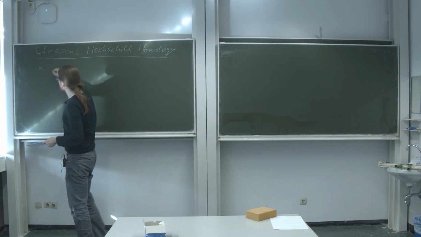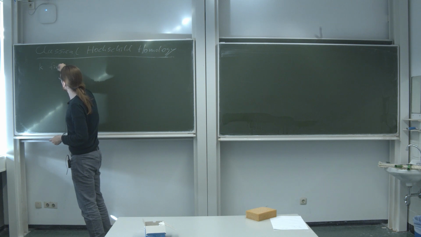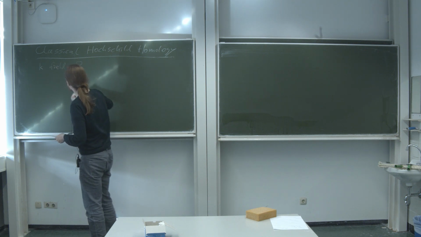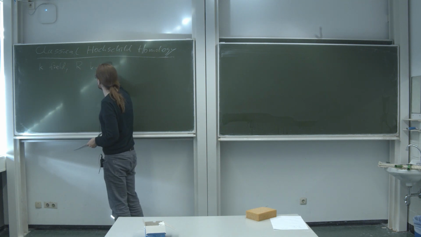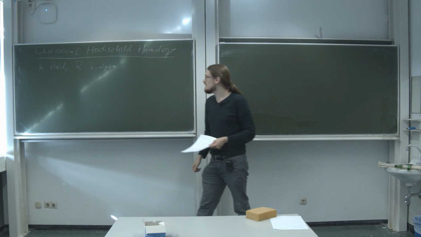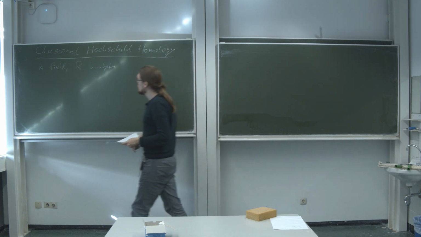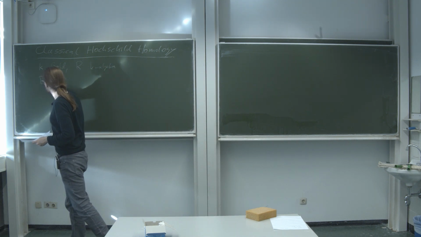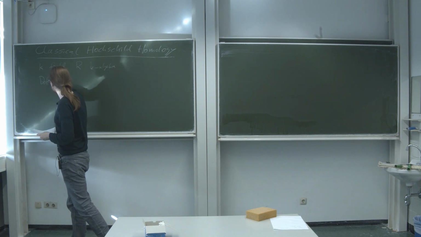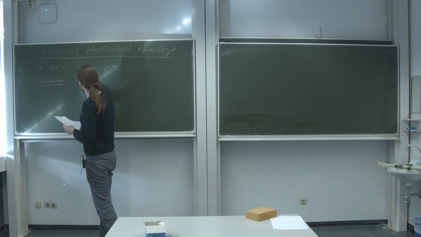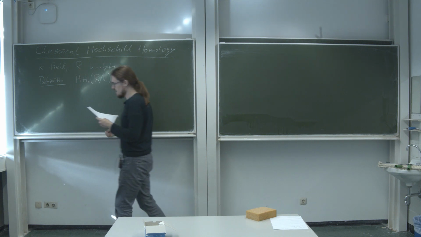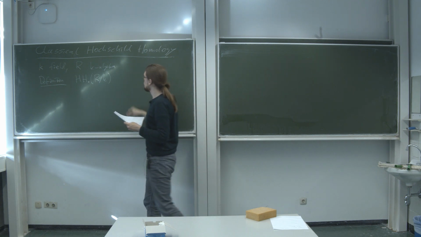So let K be a field and let R be a K algebra. And for us, K algebra means that it's associative, but not necessarily commutative. So in this situation, we define Hochschild homology as follows. The Hochschild homology of R relative K is the homology